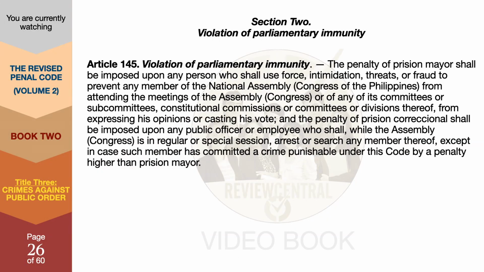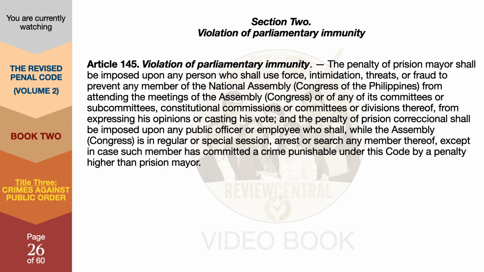Section 2. Violation of parliamentary immunity. Article 145. Violation of parliamentary immunity. The penalty of prisión mayor shall be imposed upon any person who shall use force, intimidation, threats, or fraud to prevent any member of the National Assembly, Congress of the Philippines, from attending the meetings of the Assembly, Congress, or of any of its committees or subcommittees, constitutional commissions or committees or divisions thereof, from expressing his opinions or casting